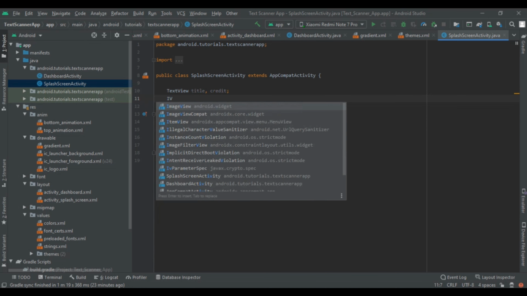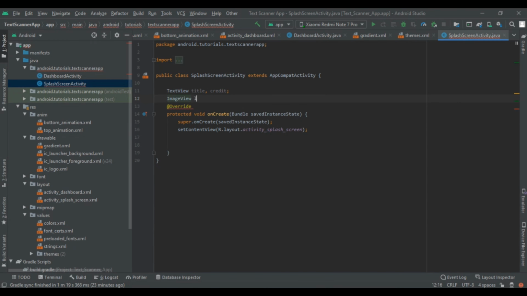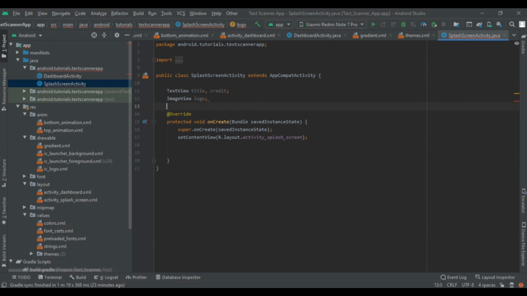So image view is logo and animation, that is top anim and bottom anim. Alt enter to remove that error and cast all the text views and images.